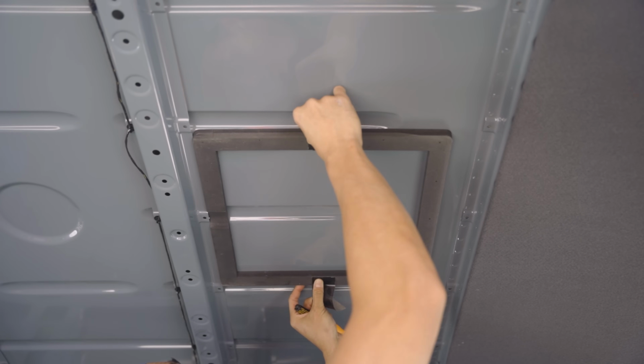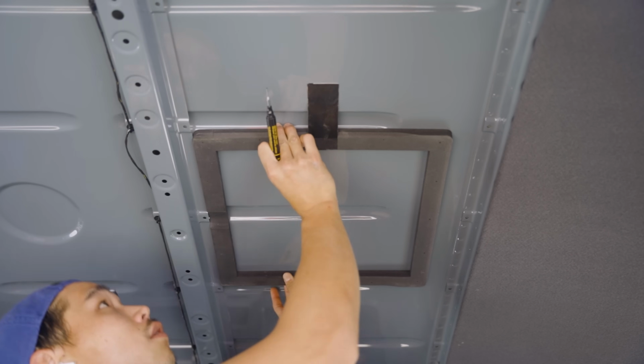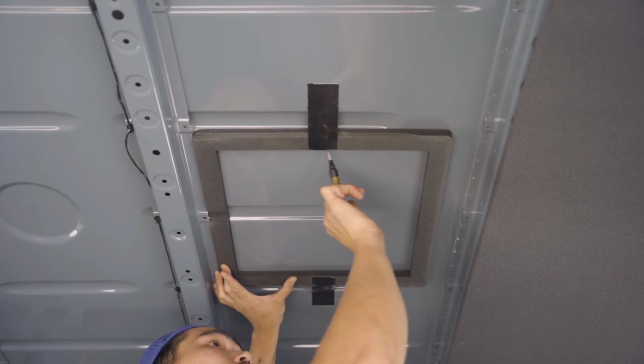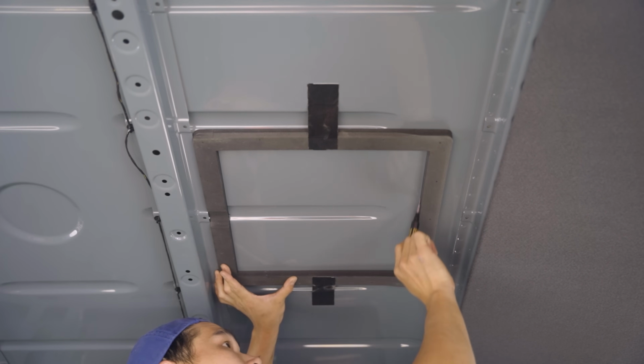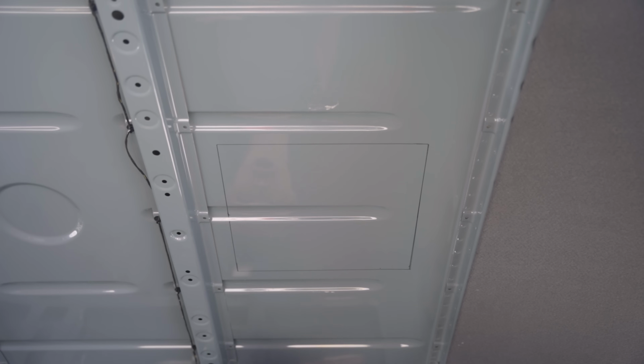Once I had all the parts ready, I used the adapter to locate where I'm going to cut the hole. I decided to install it at the front of the van since this is where my shower, toilet, and kitchen will be located. And for many first-timers out there, this is the true start of your conversion and the biggest